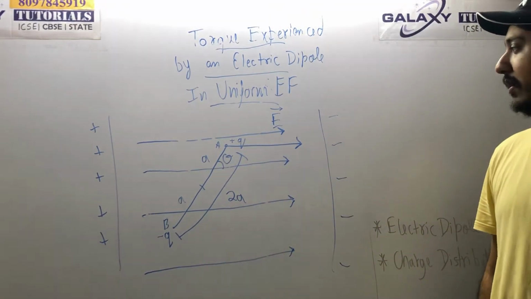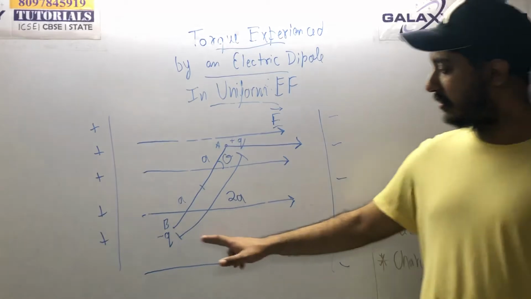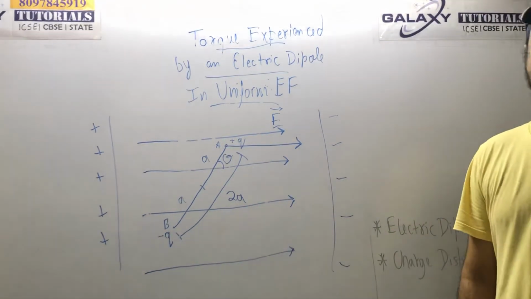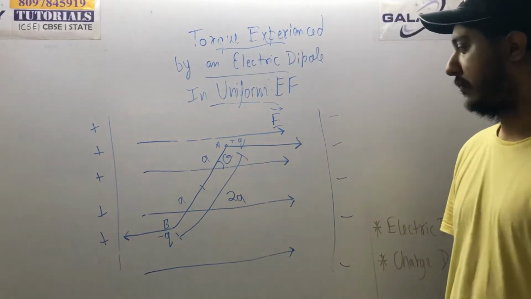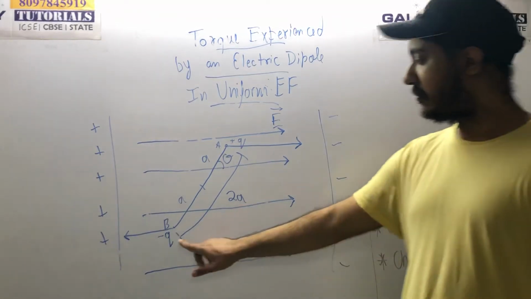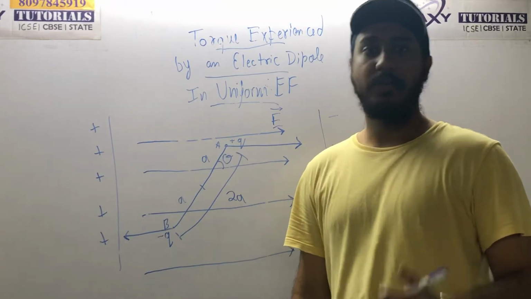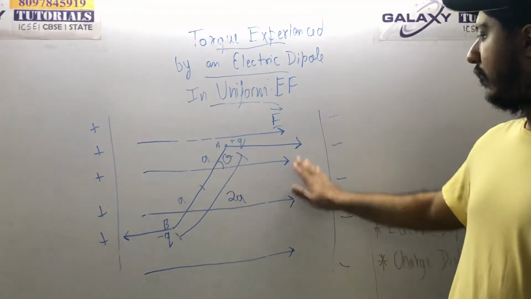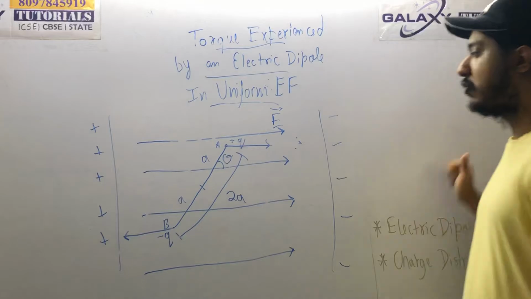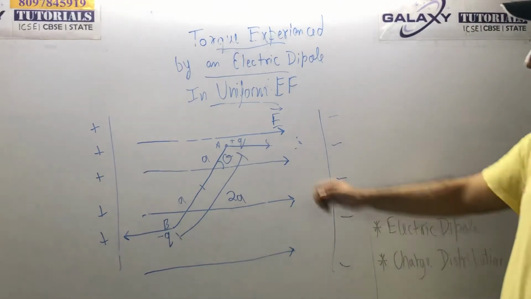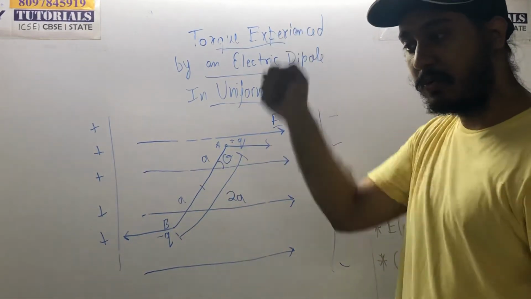Now let us see further. What will happen to this minus q charge? Will it go in this direction or in this direction? It will go in this direction. Why? Because this is minus q and the plate is plus. These are unlike charges, and unlike charges are attracted to each other. Now we have found that there are two forces acting, one here and one here. This force is pulling here, and this force is trying to pull there. So what will happen? It will try to rotate the dipole.